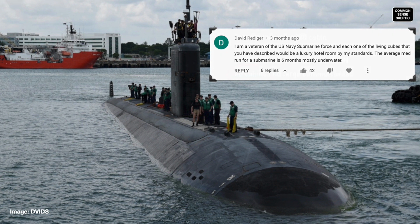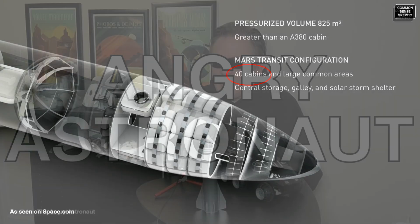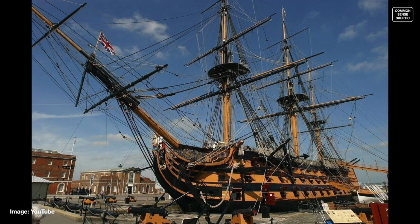aboard a nuclear sub. This is actually a very common comparison that people make when describing living conditions aboard a starship, but it apparently has no more thought put into it than when the angry astronaut made his rather embarrassingly incorrect comparison of the starship against the HMS Victory, thinking that the starship had much more room per traveler than Nelson's flagship did. So let's break down that comparison again, and then we'll compare both of them to a modern